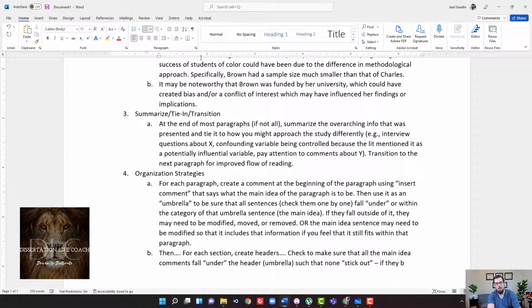If they belong in that section and stick out, then you need to modify your header.